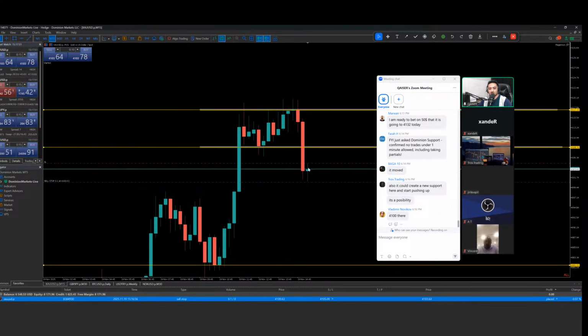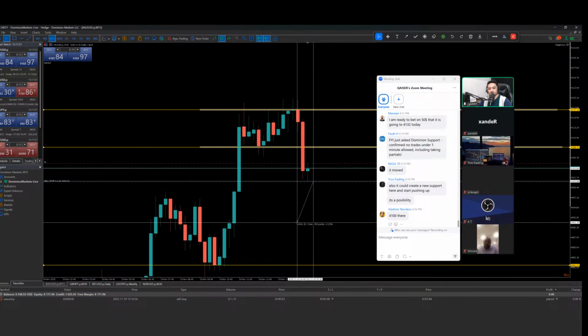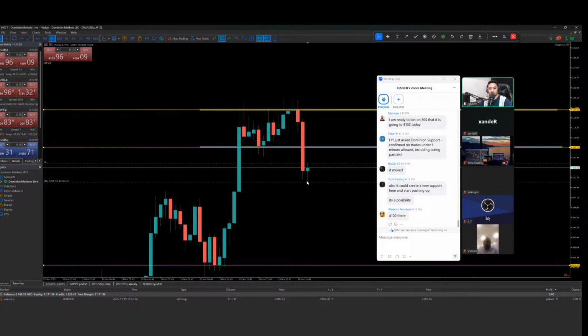Doesn't matter. Now look at the size of this candle. Depending on the volume, I wanted it to create a wick and break its own low, so it will continuously push to a downside. If it's not going to break its own low, that will be great. But I'm going to lose $43, which is nothing, just nothing. Just lower the lot size. If you feel it's risky, just lower the lot size.